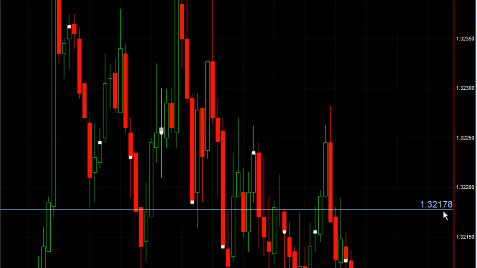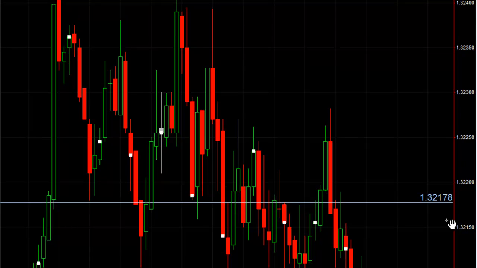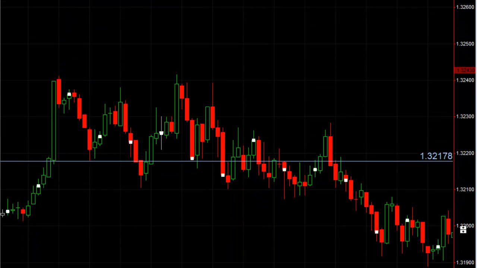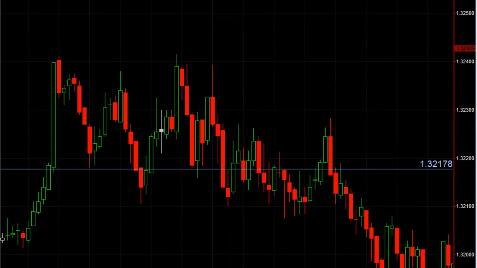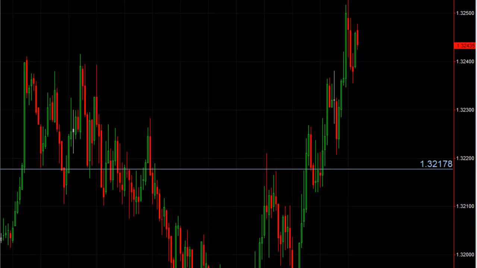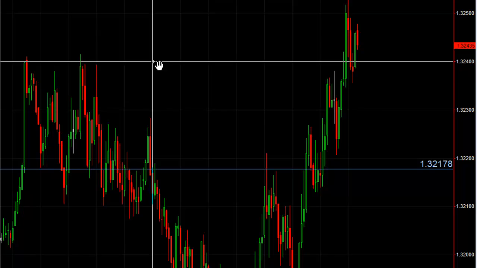the same 1.32117 ish area, and it provided us with a short opportunity. However, we do not trade just the 5-minute chart, and looking at the top-down analysis, we felt that